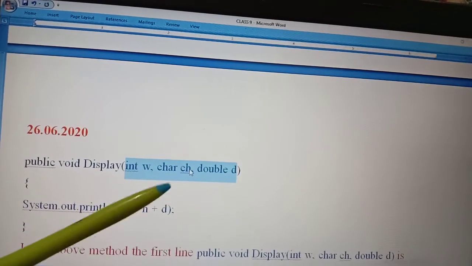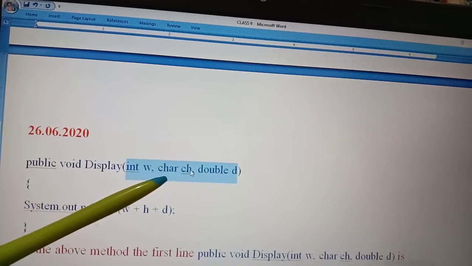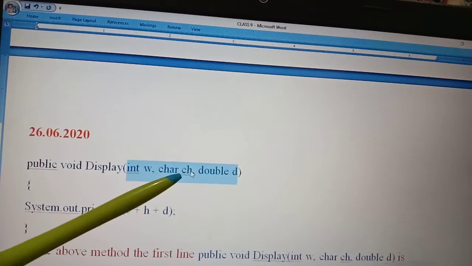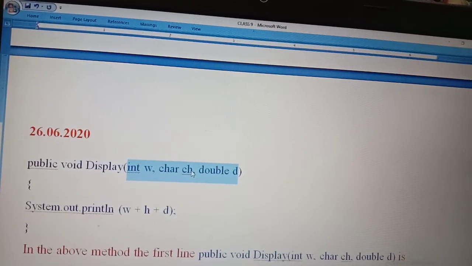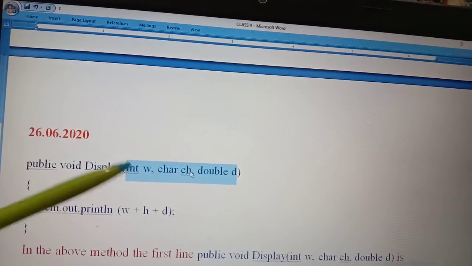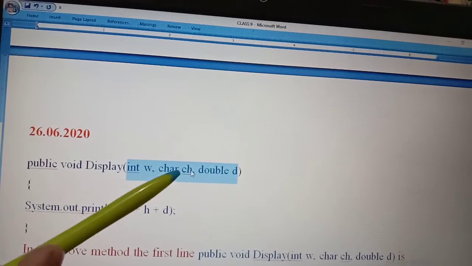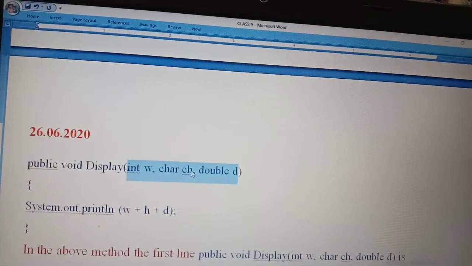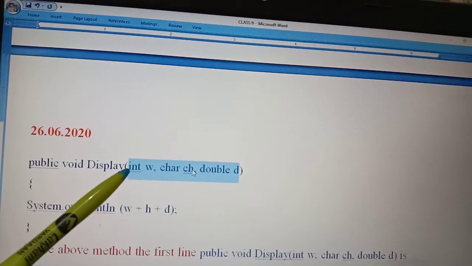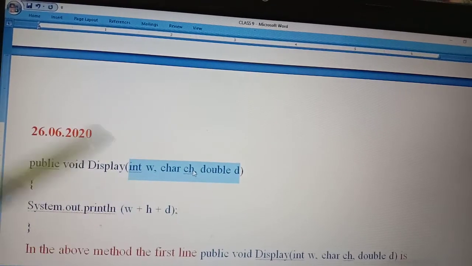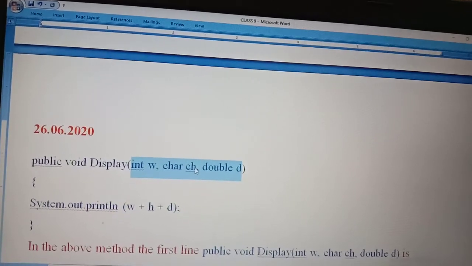It is also known as the parameters list, variables. There are 3 names: function signature, parameters, and variables. Sometimes it is empty. We write public void display, and after that the parenthesis is closed, meaning the method has no parameters, no signature.